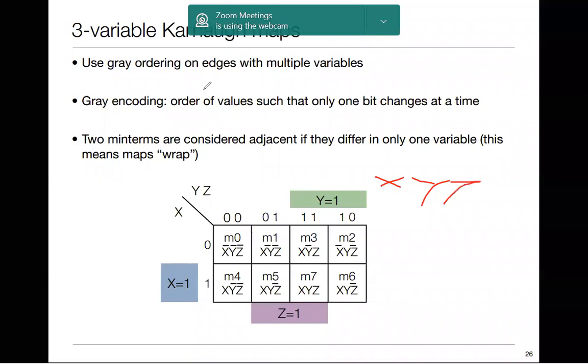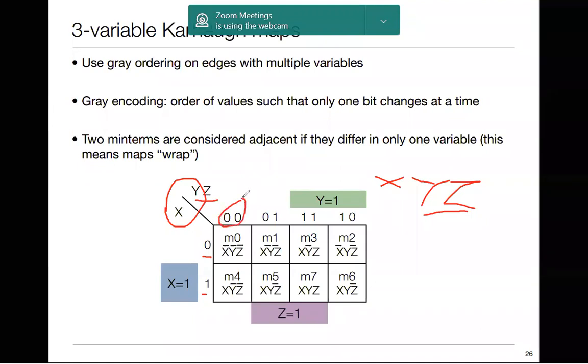Now how do I write a three variable K-map? You can see that on the x-axis, I have X, and this is 0 over here and this is 1. Similarly, no change in the vertical axis. Now two other variables are there, Y and Z. Those two variables you can enter horizontally. Now when you enter two variables, it will take the values 0, 0.